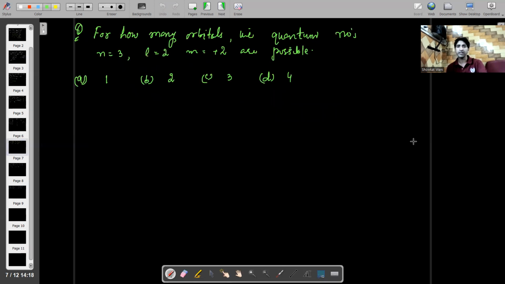Now let us move to the next question. How many orbitals, the quantum numbers n is equal to 3, l is equal to 2, m is equal to +2 are possible? हमें बताना है कि हमारे पास ये वाले क्वांटम नंबर्स दिए गए हैं. n is equal to 3, कौन कौन सा क्वांटम नंबर? n is equal to 3. और हमारे पास कौन सा क्वांटम नंबर दिया गया है? L इज इक्वल टू 2, हमारे पास एक और क्वांटम नंबर है M इज इक्वल टू +2, तो हमें बताना